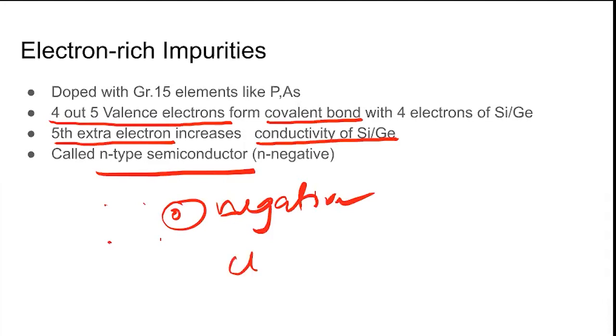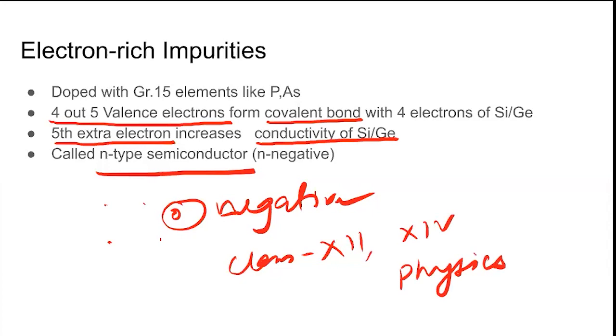In class 12, you are all students of class 12, in I think chapter 14 of physics, we are going to study in detail about semiconductors. Aditya, have you seen your physics? Have you seen all the chapters of your physics book? Yes, sir. I have seen the index. Like I have not gone through the chapter, but I have seen it. Yeah. Sometimes to further increase your knowledge, because in any case you have to study that, you can refer to that chapter, this physics chapter also, to understand further.